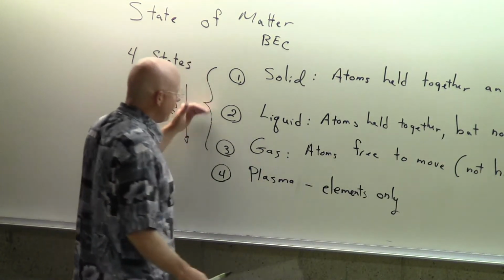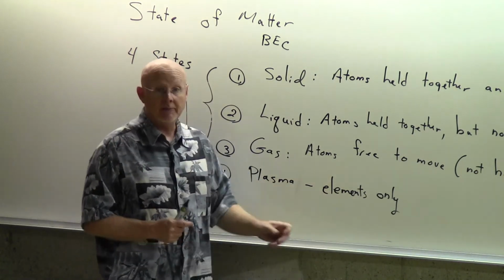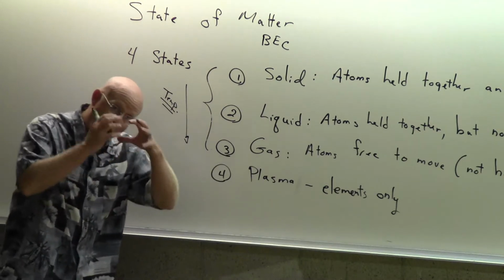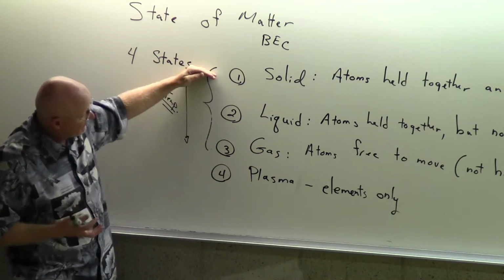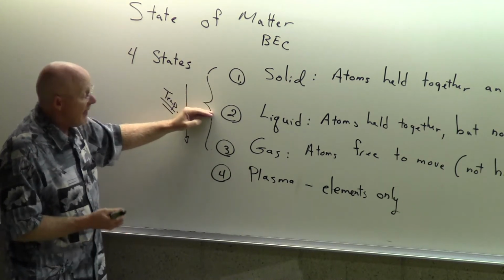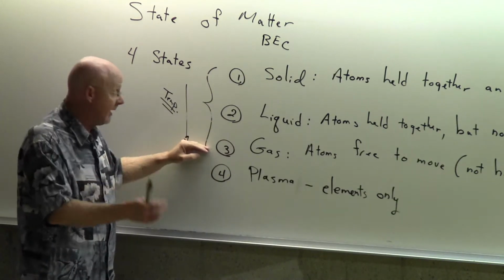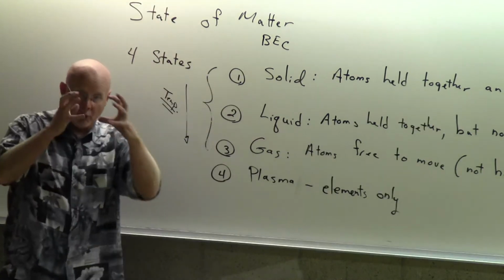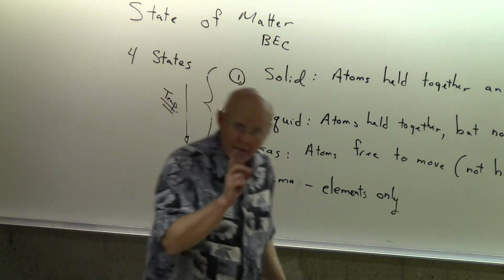So I want to be careful with that, and I say that because plasma are elements only, because again, if we go back to our H2O, if I start with very, very cold H2O and it's a solid, so it's in the freezer, and I pull it out of the freezer and let it warm up on the kitchen table, then it becomes a liquid. Then if I take that container and put it on the stove and boil it, it turns into a gas. Now if I have a container so it can't go around the room and I hold that container and start to warm it up even more, what begins to happen?